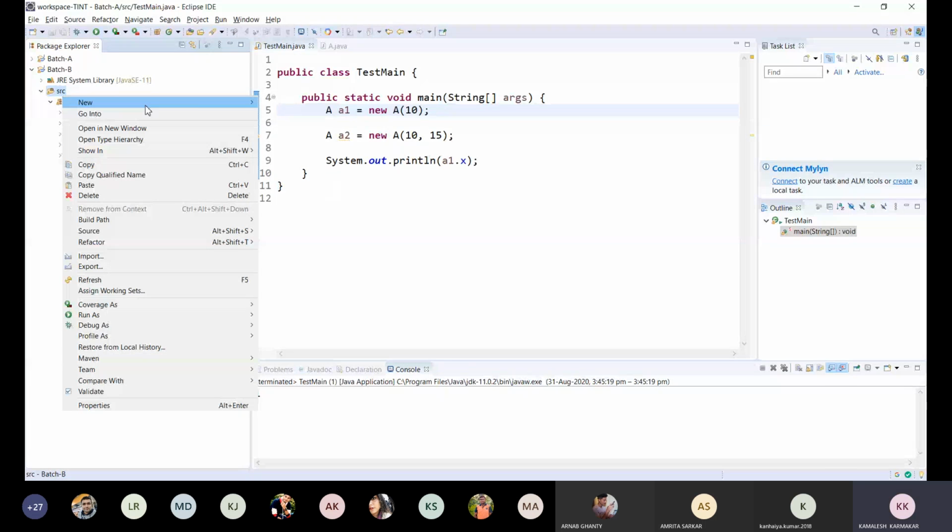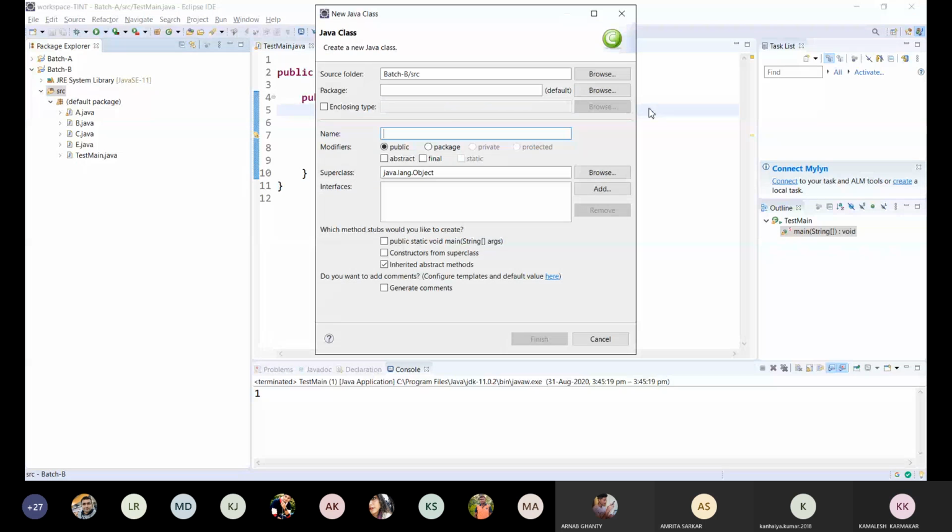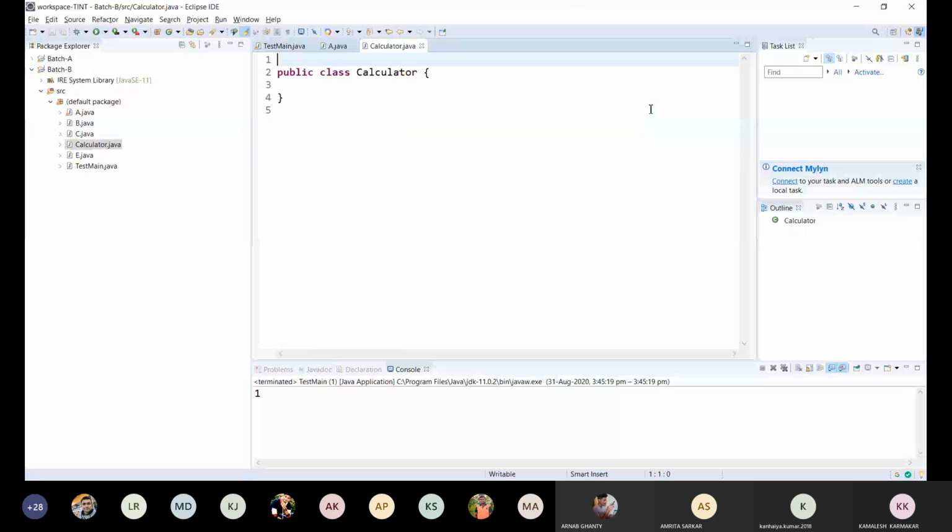Okay, if I write a class, I'm giving this name calculator. My class name is calculator. Now in this class, can you see my screen? Yes, sir. Okay.